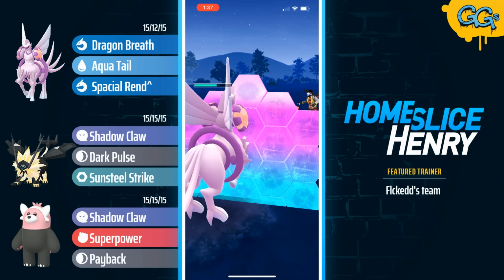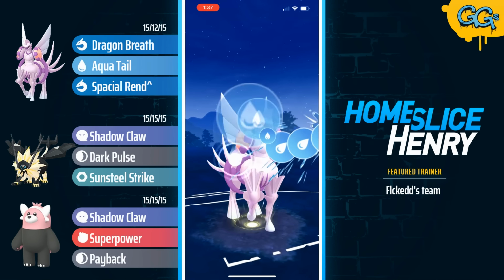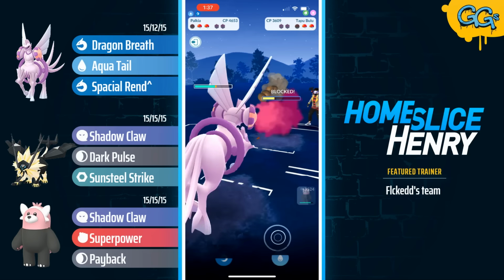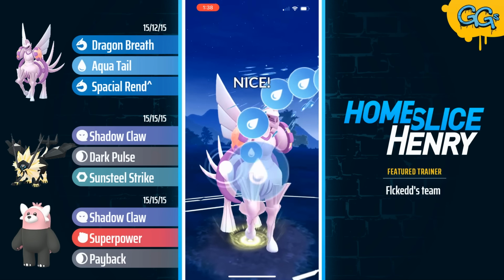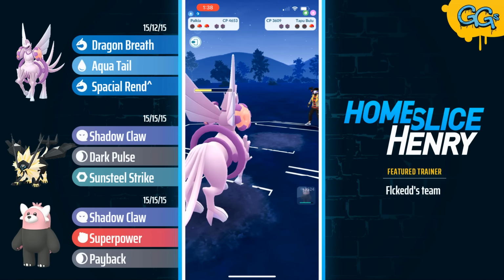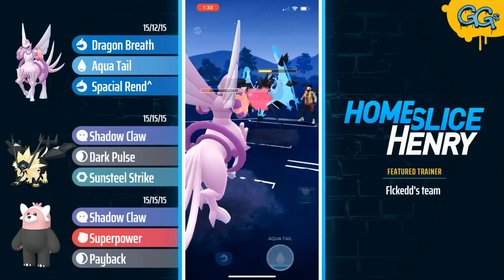Surprisingly enough, the Bewear is able to get some damage on this thing, and Tapu Bulu is in a bit of a difficult position now. They're going to be hit with the Aqua Tail. This is resisted, but they're just running out of HP. They will commit the shield. Palkia gets to another Aqua Tail, and while this will not KO, I don't think, it's just going to be doing too much damage. They get Dragon Breath down,